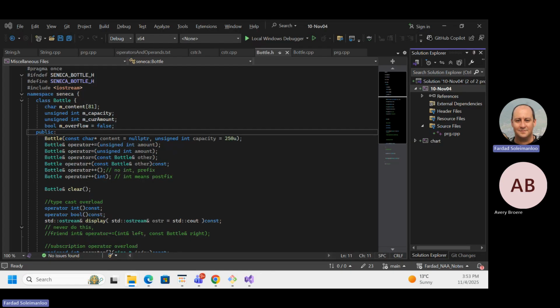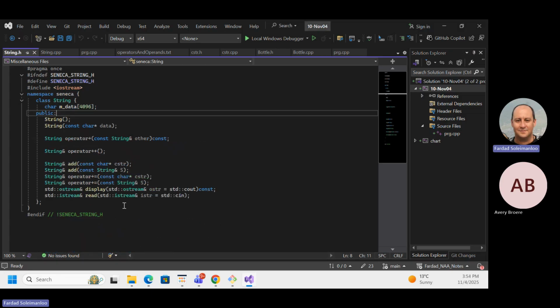Okay, now that we know all these things about resizing, we're going to come to object orientation, where we have a class that has some data in it. We created a string over here, and string is actually a very good example for this.